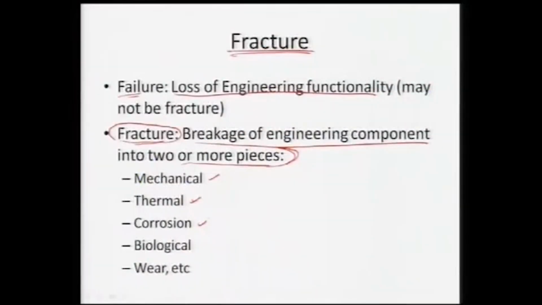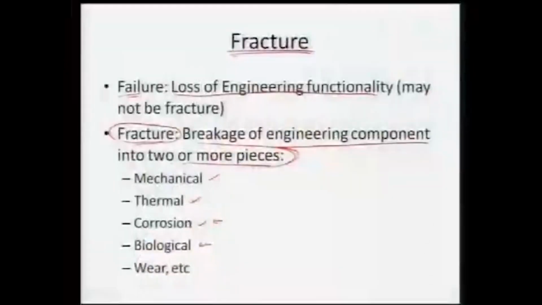Fracture can also occur because of corrosion. The corrosion can start eating away the material. In case there is pitting corrosion or very dramatic corrosion, the design strength of the component will not be its exact value, because now the material has been damaged by corrosion, and it will not be able to take as much load as it is designed for. In that case, corrosion can induce much more damage for a catastrophic failure or fracture. Again, some biological entities can also lead to fracture.